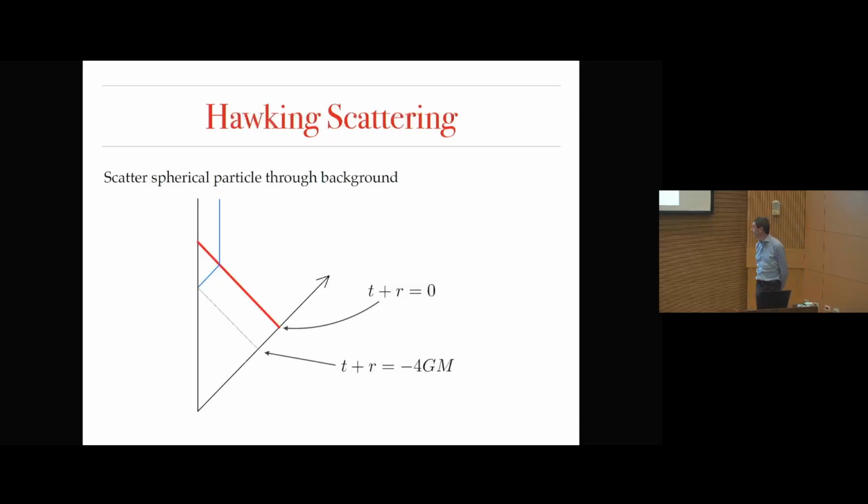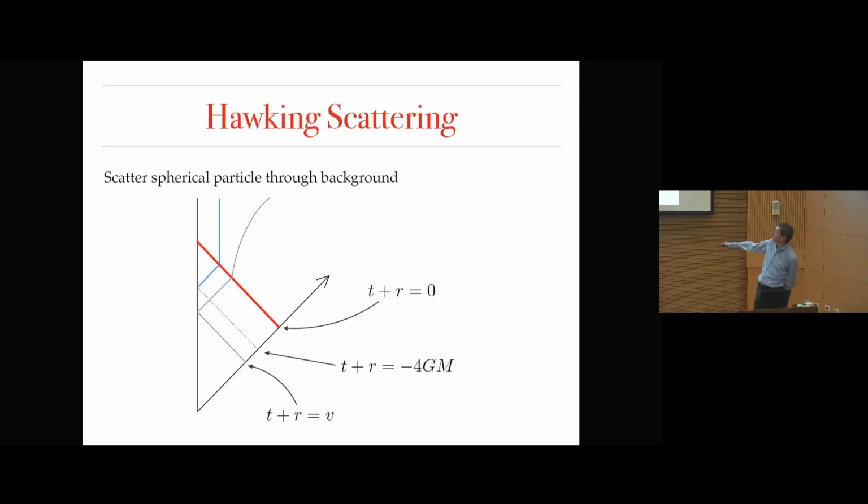The event horizon itself comes back out into that t plus r axis at some earlier time. It's a short little calculation to show that the earlier time is minus 4 GM. It's sort of obvious it's going to be GM, right? It's the event horizon. It just happens to be a factor. So I better shoot my particle in before that, at some advanced time, t plus r equals v.